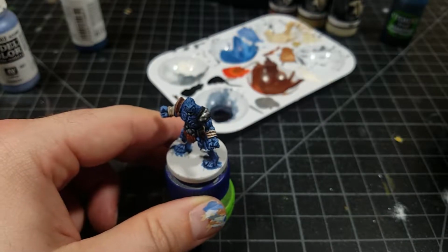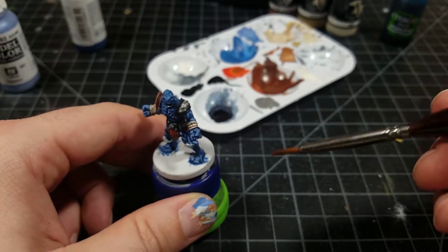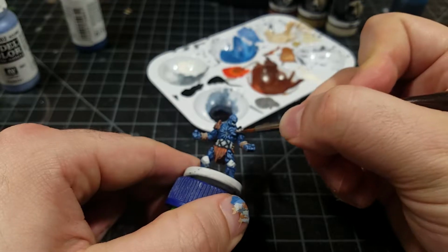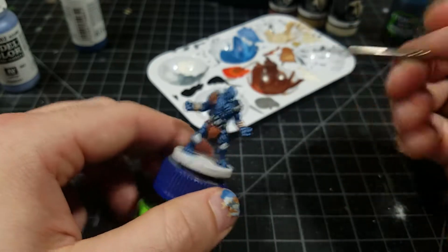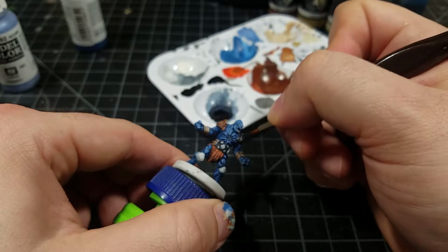You need to let them dry 100% before you do anything else with them, like wash over them or try to highlight them or whatnot. You need to know 100% that they are dry and ready to go. So what I'm going to do is, while this part here is drying,